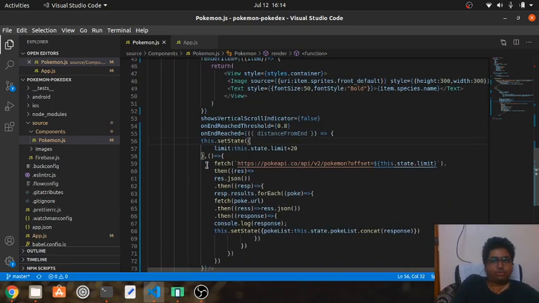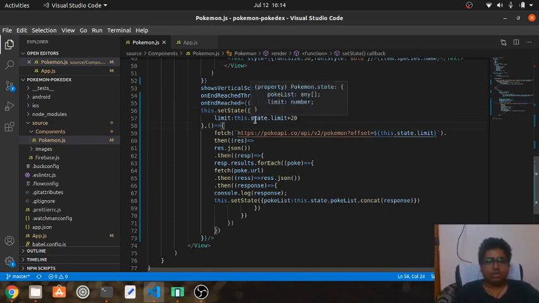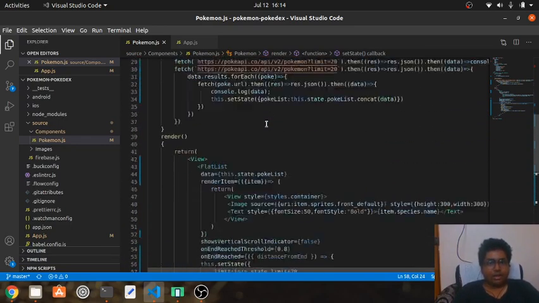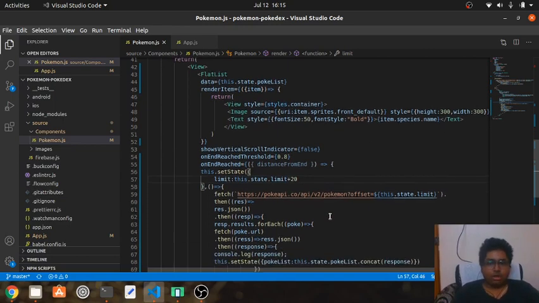Fine. So what I have done in this onEndReached is, as you can see, I have increased the limit, which was initially 20, to 40. So I am increasing the limit by 20 each time the end is reached for the flat list.